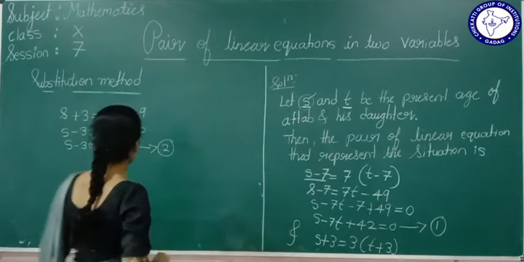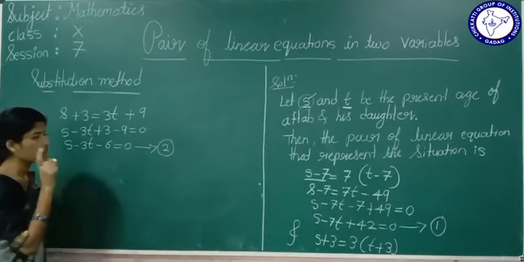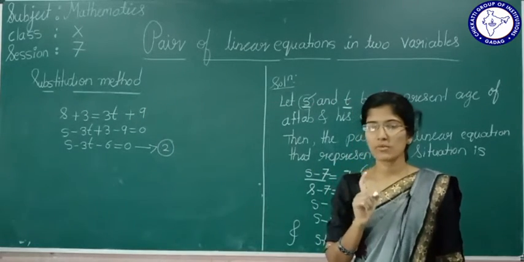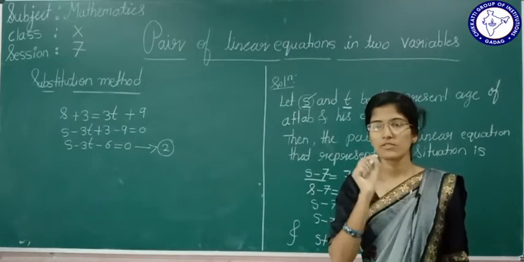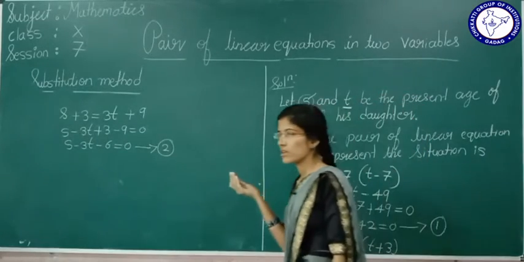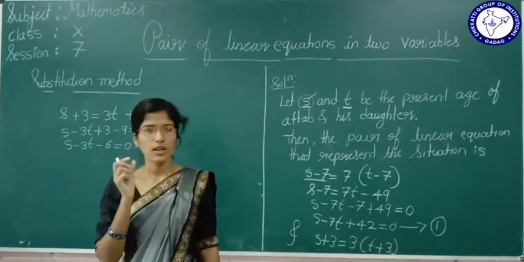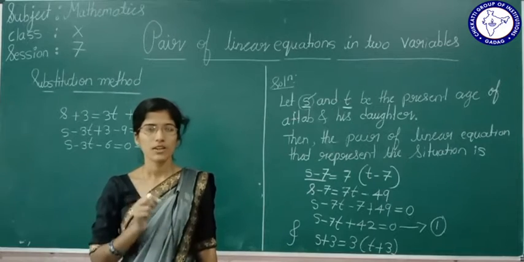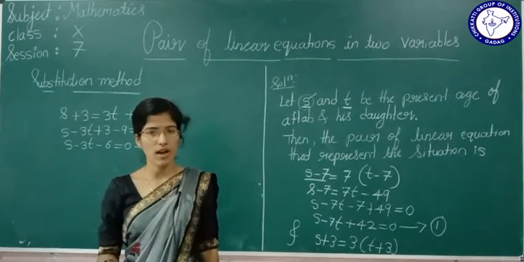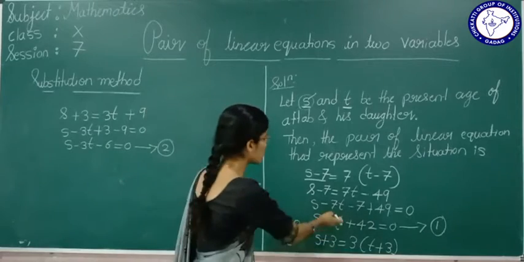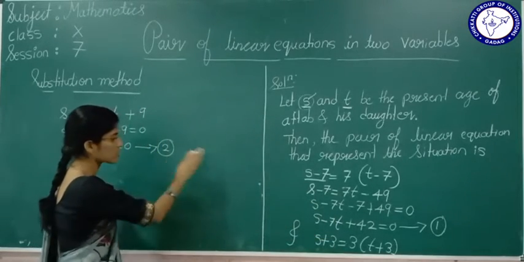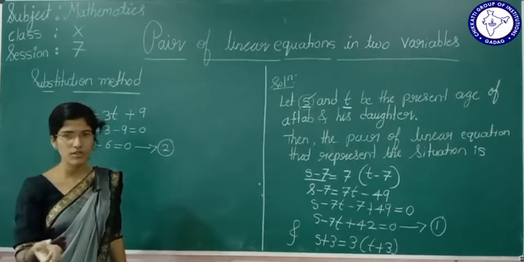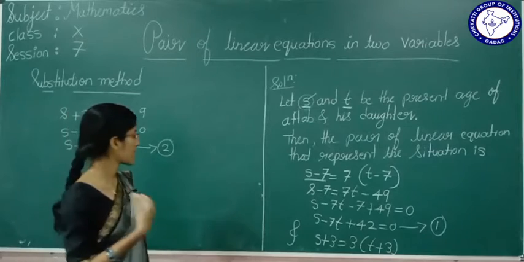Now see here. Now how to solve the solution of a pair of linear equations by substitution method? Express, what I gave you in last class to start. If there are two pair of linear equations in x and y, first express x in terms of y or y in terms of x. Here two pair of linear equations are there in terms of s and t. Express s in terms of t or t in terms of s. It's left to you.